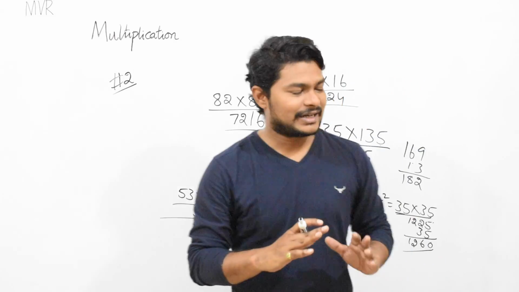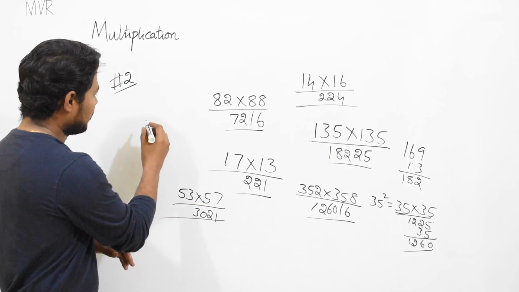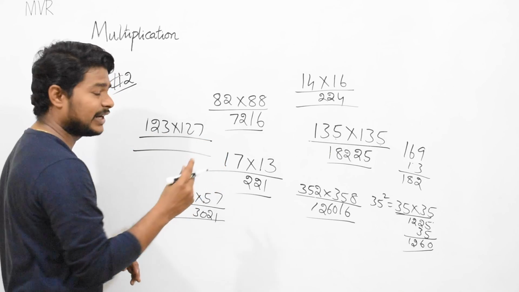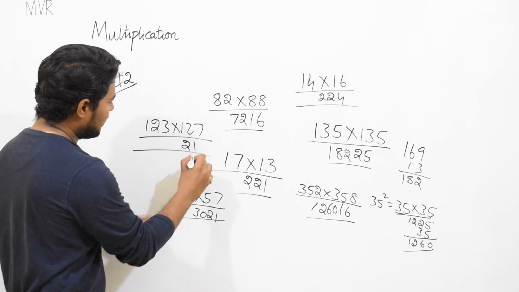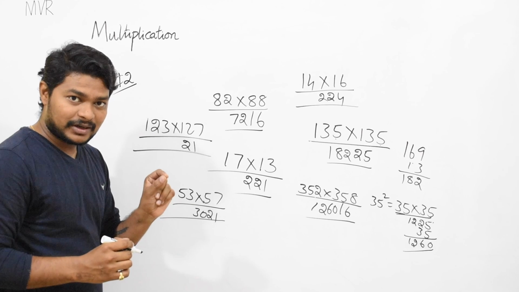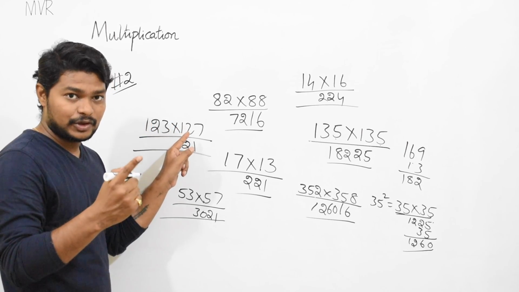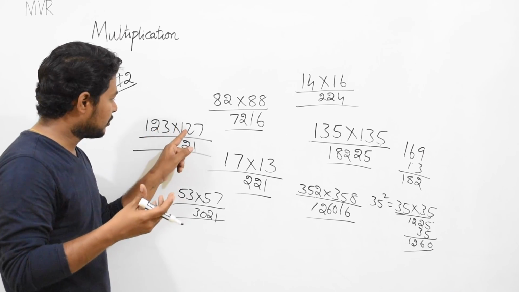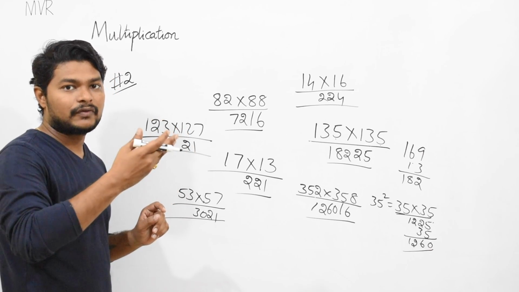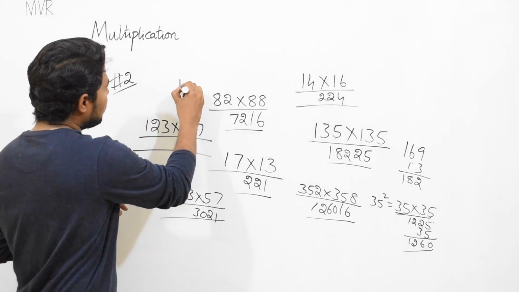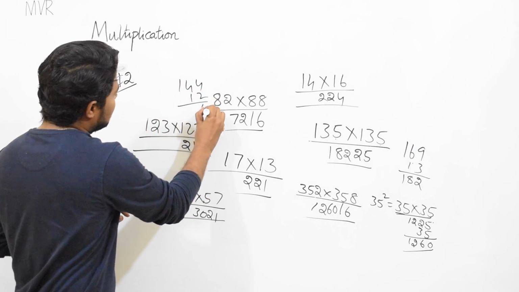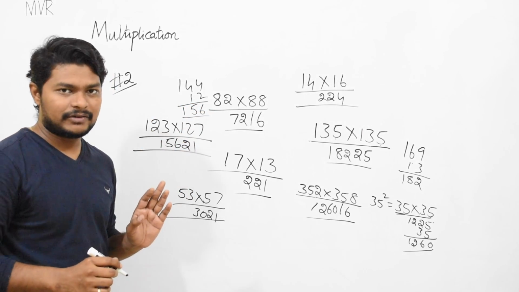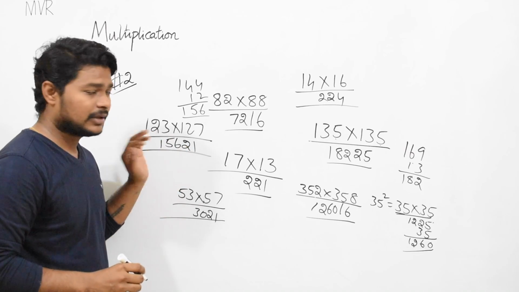Okay, if you want you can take any number, I am saying no. You can multiply 123 into 127 very easily. 3 sevens are 21, 12 into 13. Only remember 12 into 12 plus 1. You need to add 1 to the units like tens value and hundreds value. 12 into 13. 12 into 13 how much? 144 plus 12. Okay. 144 plus 12, 6, 5, 156. So this will be the value. 123 into 127 will be this value.